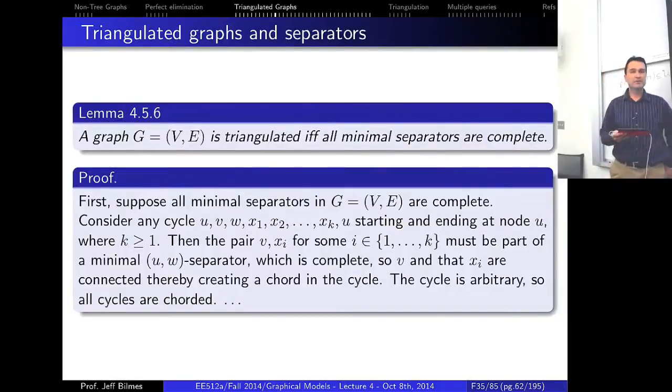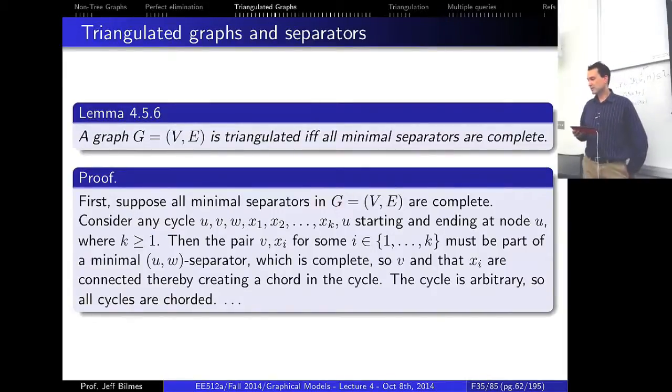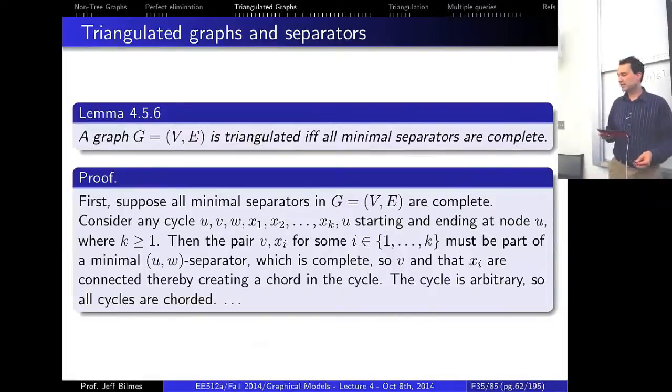Okay, so how do we prove this? Suppose that it's an if and only if condition, so we have to do both sides. Suppose it's the case that all minimal separators are complete, right? Now we have to prove that the graph is triangulated. To do that, let's take some